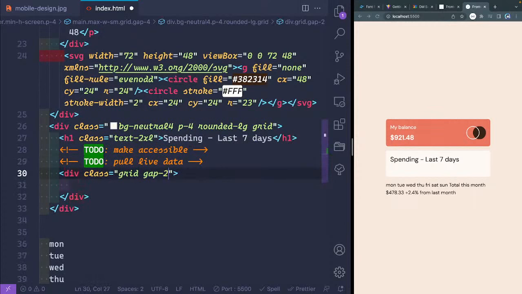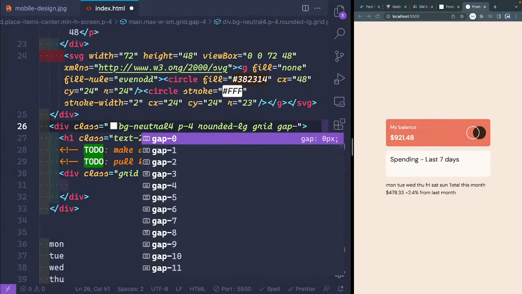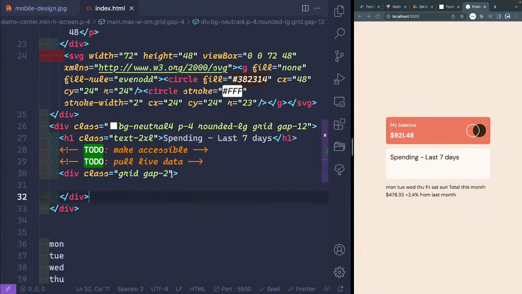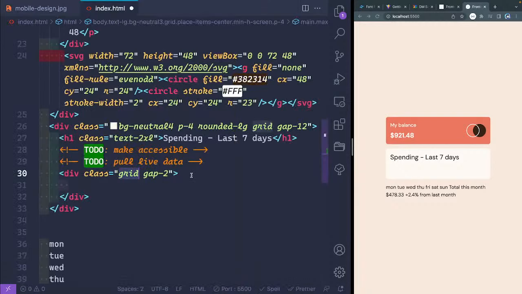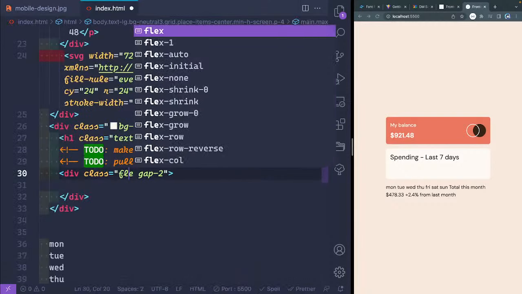All right, so this next little section here, we'll give this a gap of like 12, space it out quite a bit from the bottom section. And then this will be a gap of 2, that's fine. Or maybe what we should do is make it a flex. So what I'm deciding is basically should these things be their own separate thing with these below it, but that might be hard to line up. So let's just stack these together like this and then flex them, and that way we can flex grow them too. So we'll say flex,